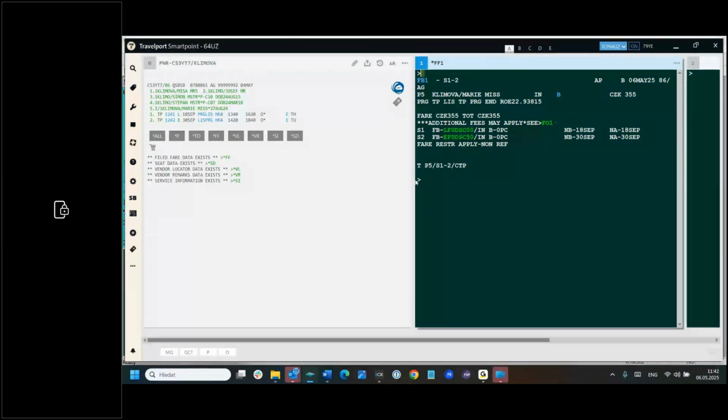Validating carrier TP, passenger number 5, segment 1 and 2. You can, of course, add, for example, commission is 0, form of payment is this one, and so on. Of course, it must be added because Fare Builder doesn't know what will be form of payment and if there is some commission or something like that. So I think that it is quite clear. I have shown you 4 examples. If you have some question, you can ask now, or Jirka can continue with